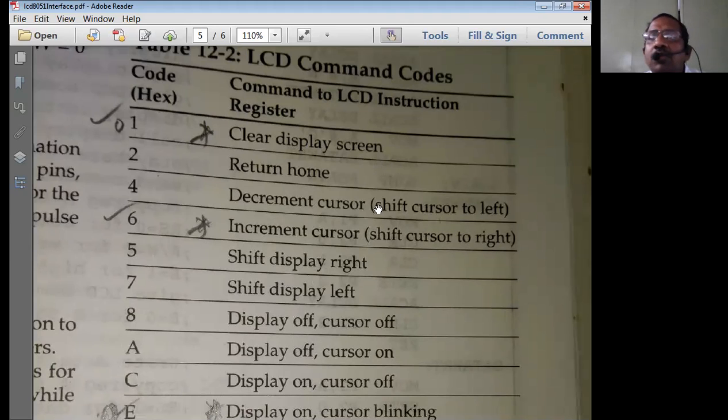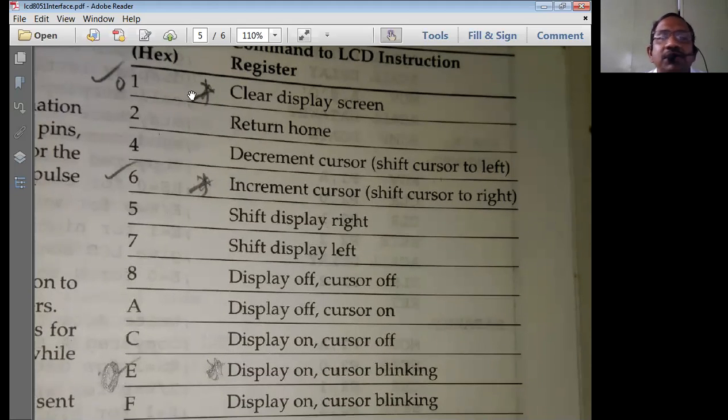Before we display any data onto the display unit, we clear it beforehand, so that anything there earlier will be erased, and whatever data you display will be shown. That's why first we have to do the clear screen operation. That is an important thing, so I put this tick mark.